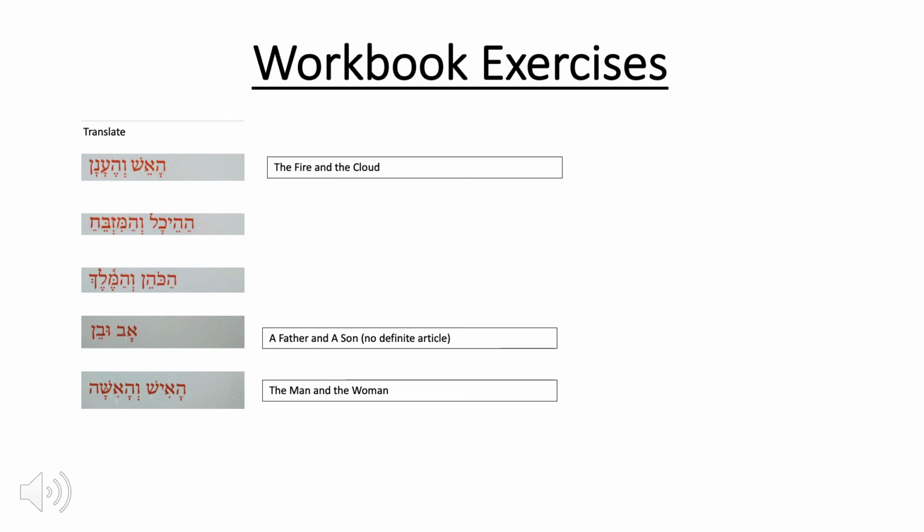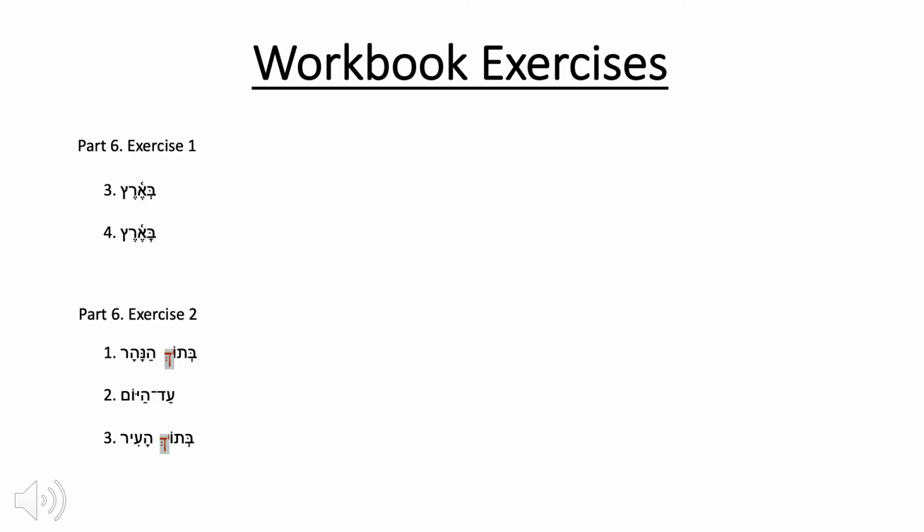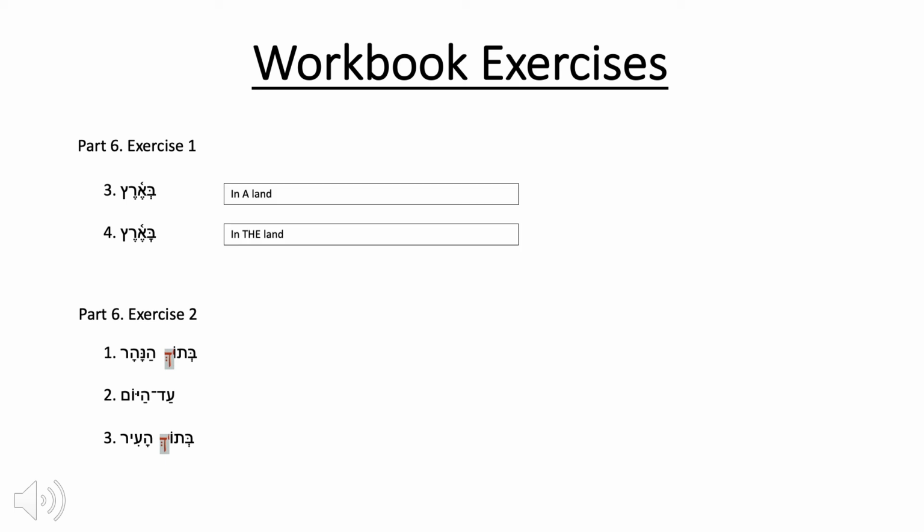Okay, let's move on to our last set of exercises from part 6. Here, once again, in exercise 1 in part 6, you're simply translating. Translate these words. I'll give you just a second to answer number 3 and number 4, and you can do the rest by yourself. The answers for number 3 and number 4 in exercise 1 of part 6 are in a land and in